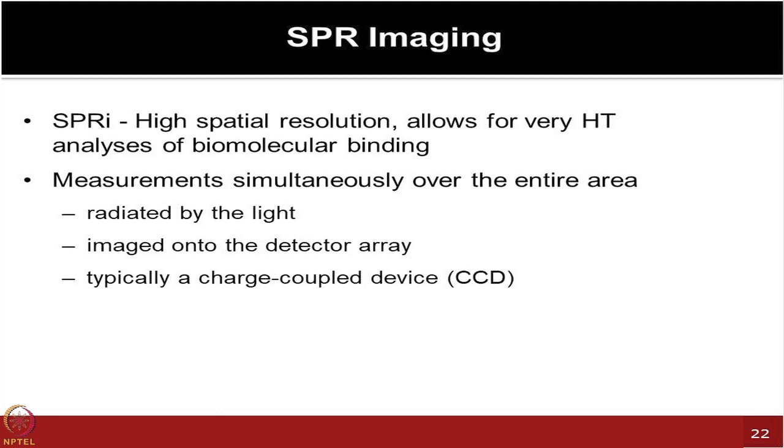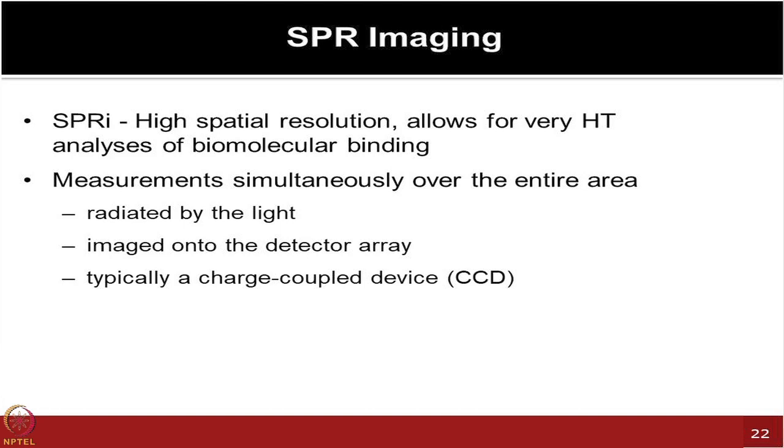image the entire surface, and then that image is going to generate some sort of pseudo image like a microarray, which will show you that each one of those features which you have printed on the chip will give you an image which looks like a microarray, but it is not actually a microarray. So, that kind of concept was used. Can we image the whole chip rather than exciting it at a specific angle only, which is what you use in the SPR case? So, you are radiating the light, imaging on the detector arrays, you are using some sort